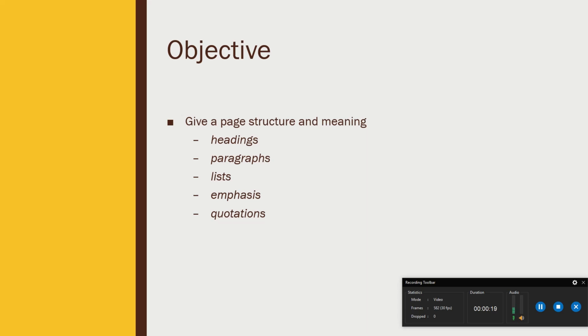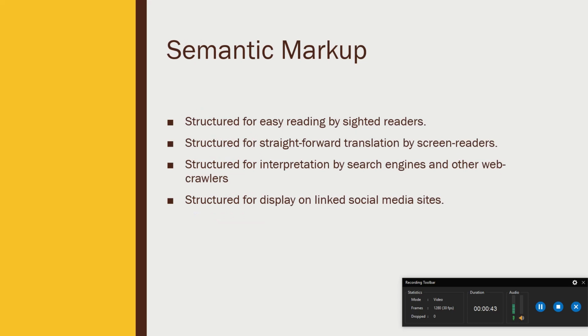Headings mean what headings mean in our culture, that is, like a table of contents or a chapter heading. Then there are paragraphs, lists, emphasis on particular words or phrases, and how we set apart quotations. Those HTML structures are essentially generally accepted in our culture as having meaning. We achieve that with semantic markup. Semantic is a word that means meaning. Through semantic markup, we